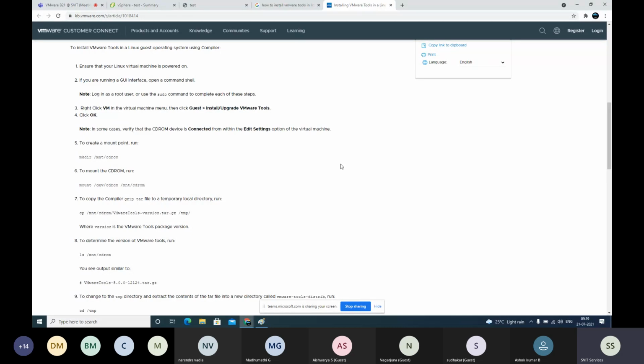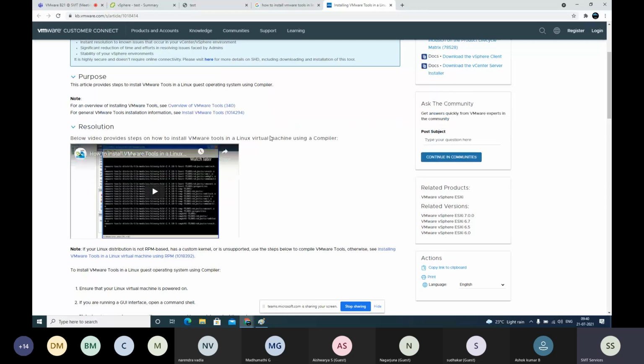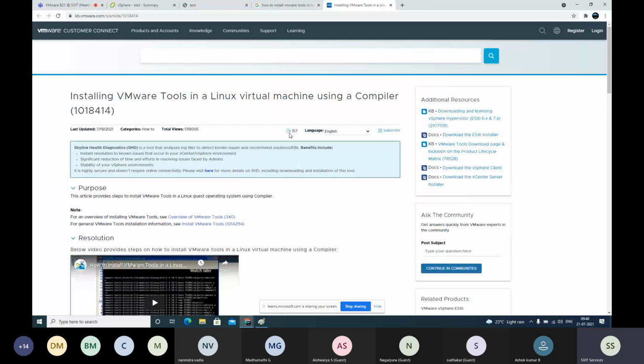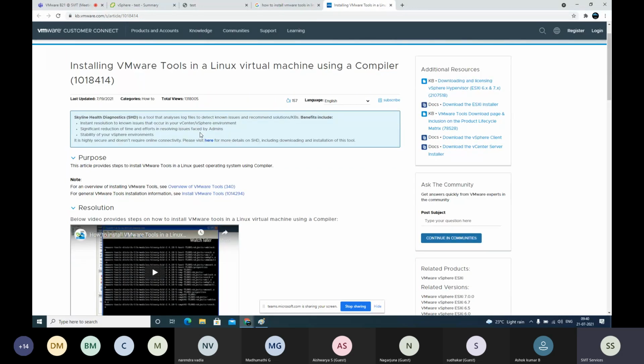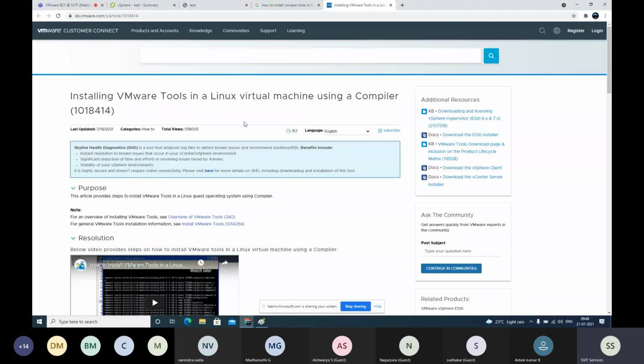I'll give many tips like this at the end of the course. This is one of the things, you start learning how to find solutions. You can learn the subject yourself if you properly search through KB articles. And we'll see other tips, like how to decide whether to follow a KB or not. How to follow these KBs also I will explain to you.